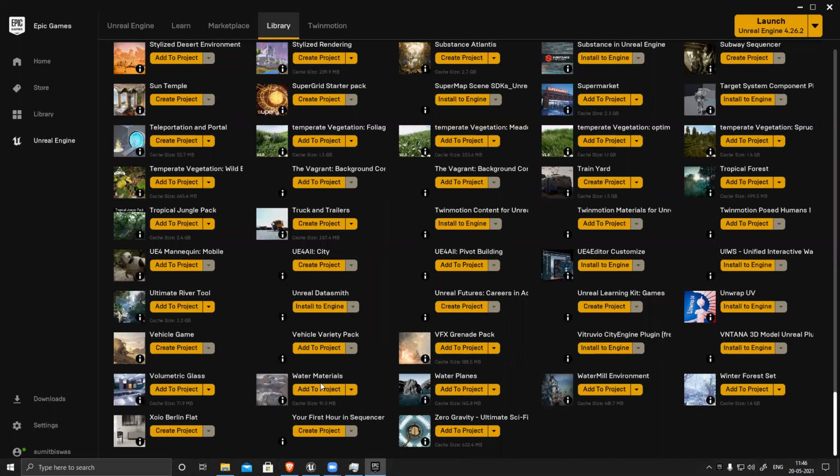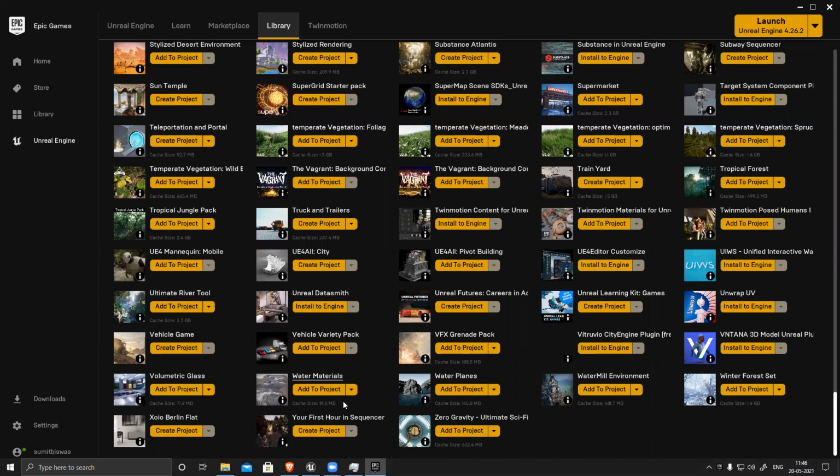So there is a water material in the Unreal Marketplace. You can use this water material to create that waterfall, plus those splashes and all. This has all these splashes plus the water material, this foggy thing, and all these things are already there. So you can use this one. It will give you a better result, because right now it looks like a flat plane with some kind of texture.